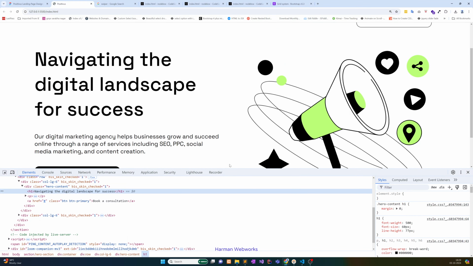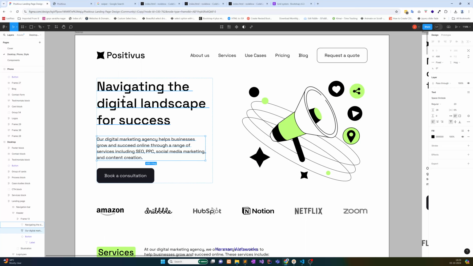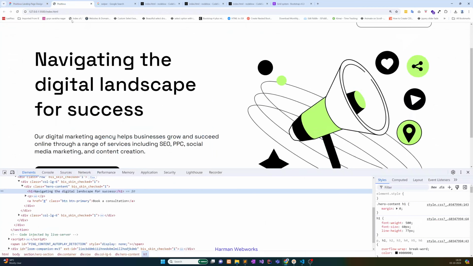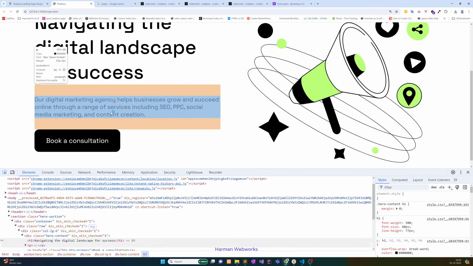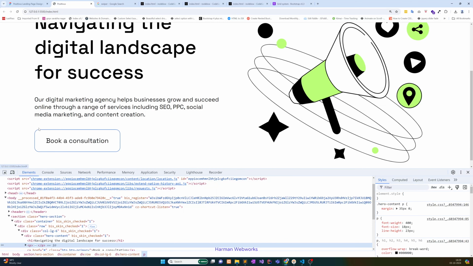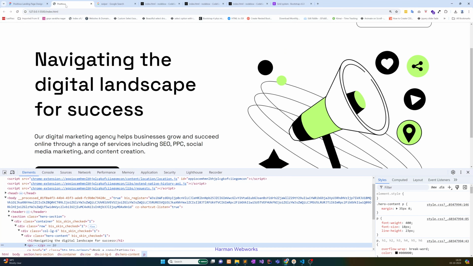We already defined our h1 style in our style sheet, so we don't need to copy the style and write the h1 style again. And we also already defined the p tag, so we don't need to write CSS for this p tag again. We give spaces 35 pixel here. Let me show you. Here you see 35 pixel from top and bottom, and here "for" comes into the next line,